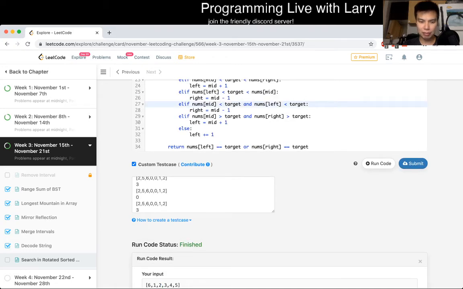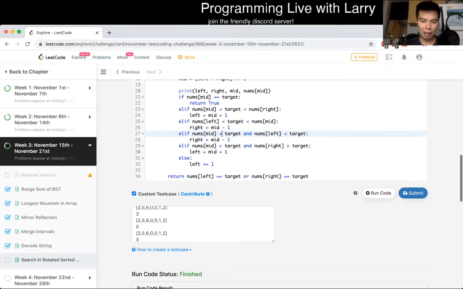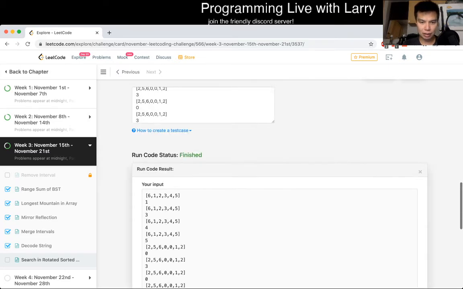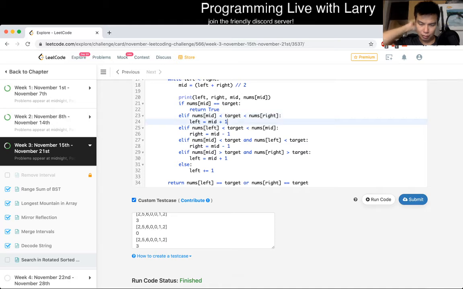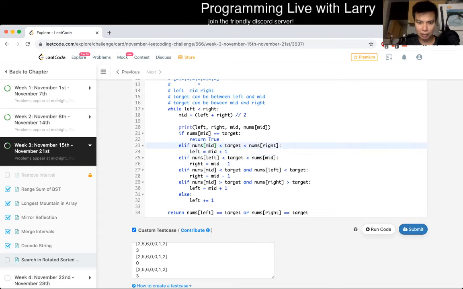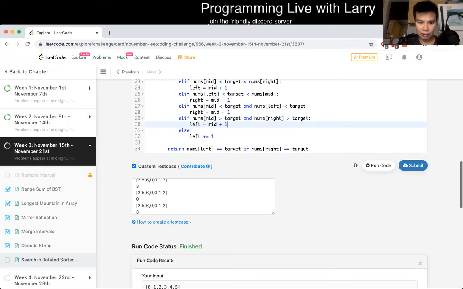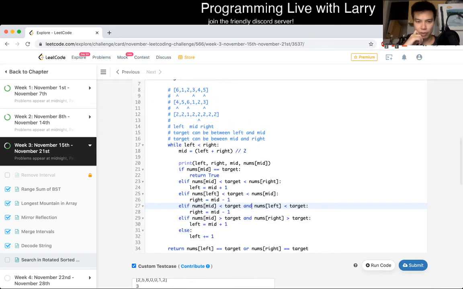So if, I see. So I think what happens was, so mid and the right. Oh no, this should not happen. So it should be the other one. So if the mid is bigger and the, I think I phrased this a little bit wrong, or a lot wrong, because it's just not right. Okay, so what we want, for example, is, oh, I think this also has to have an additional condition, which is that